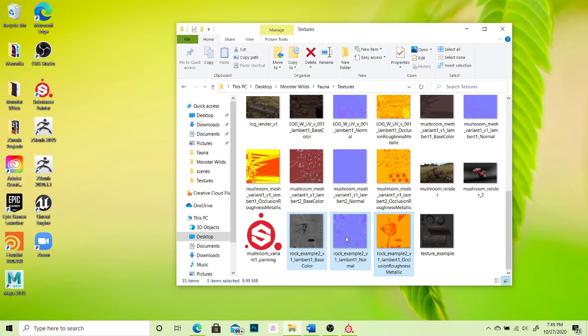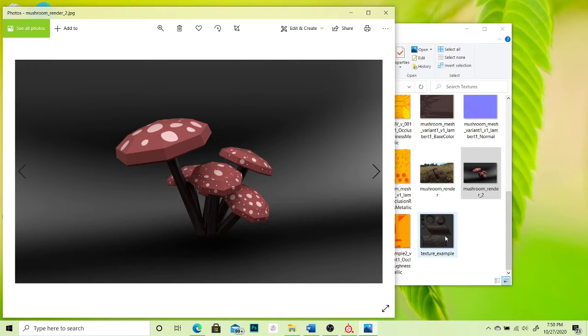So it has a normal map for the shiny parts that I forgot to dull down. It has an occlusion map for all the things that are really dark that I forgot to dull down, and the basic colors and everything in the base color. Once you get the hang of it, you'll be able to do things like this